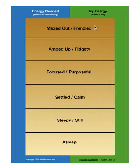any emotional overlay. So the ideal here is to help students or individuals start to identify when they're in a good match with the environment and when there's also a mismatch. So being able to mark what the expectation for the environment is. So if it's gym class or PE, maybe amped up and fidgety is where we want them to be. But if our students are settled and calm, that gives us a mismatch that tells us that a regulatory strategy is needed to help increase that child's arousal level so that they're better able to participate more fully in the